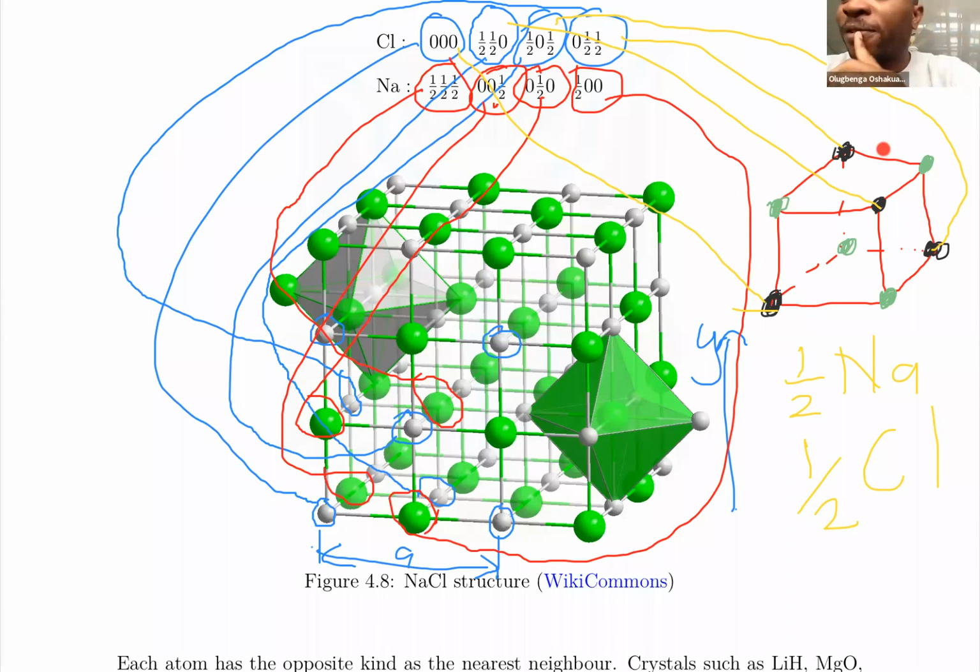When you look at this particular cell, you'll notice that we have 4 sodium atoms. Each of the 4 sodium atoms is contributing 1/8 of its value to this building block, and that comes out to be half sodium. We also have 4 chlorine atoms, each contributing 1/8 of its value, giving us half chlorine. So since we have half sodium and half chlorine, we can say we have half molecule. There is nothing unreasonable about half a molecule of sodium chloride, because when we say a molecule, it should be the smallest structure you can have for that particular